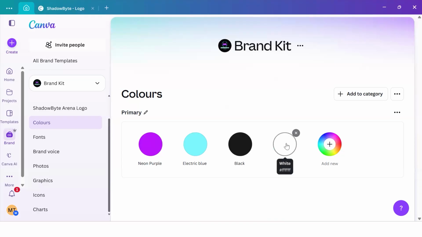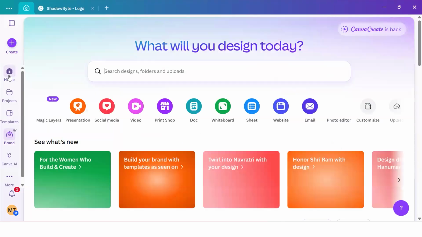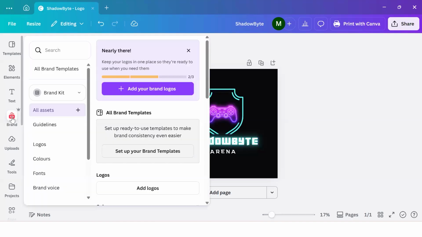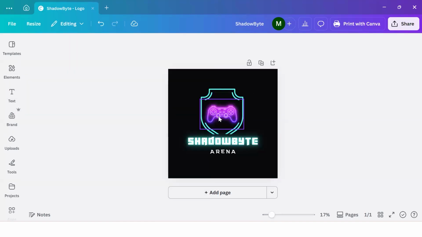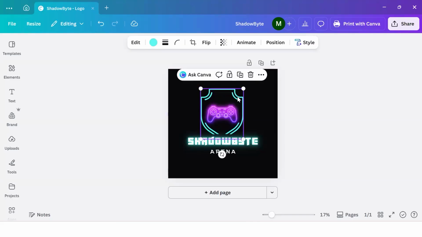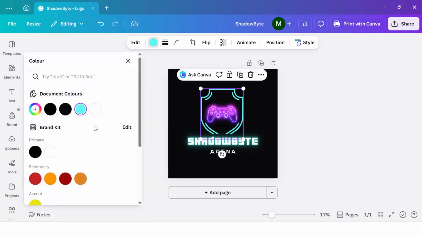Now, here's the advantage. Let's go back to our logo design. Just go to home and go to the design that we created. Now, let's select any element. Let's say this boundary right here, like the icon or text, and you can see the brand colors appear automatically here. So these are document colors, but